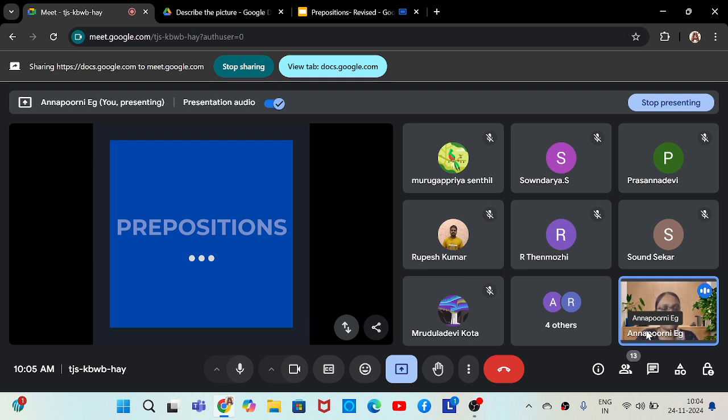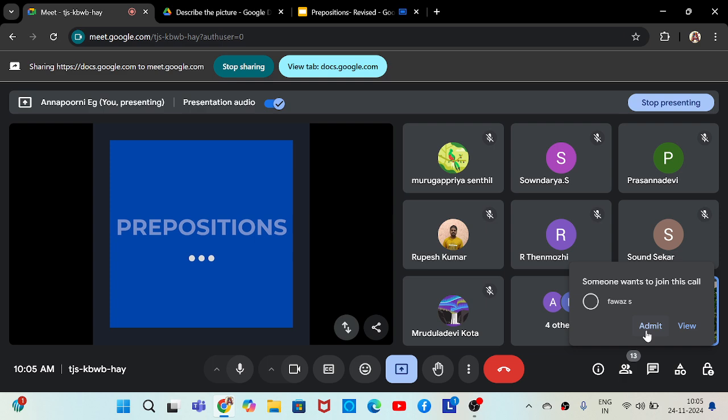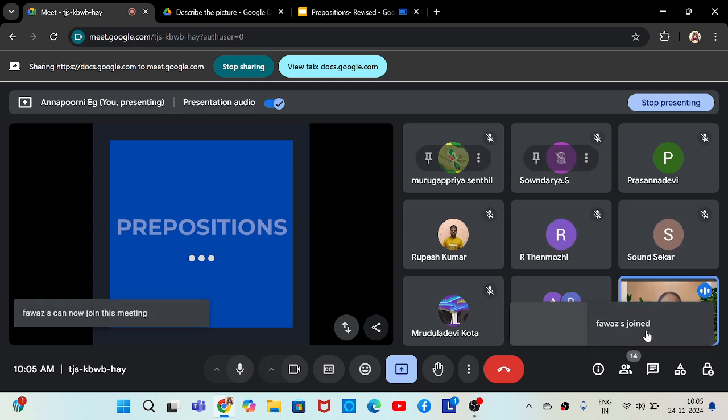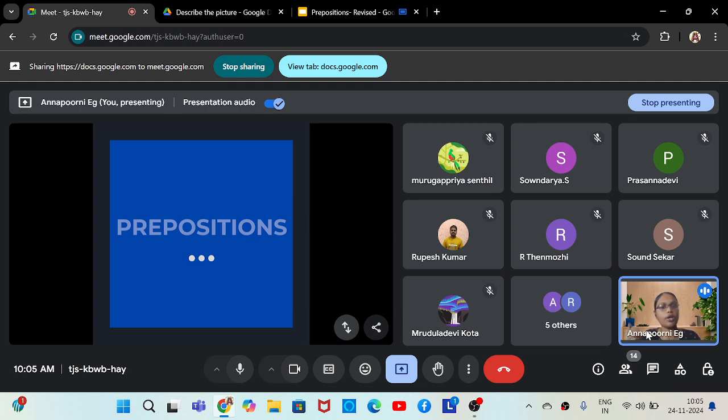For example, the story of the tortoise and the rabbit, the hare and the tortoise. That story will be presented on the screen. You will watch that video. Once that video gets over, I will call you and you have to narrate that story in your own words. You can narrate it in whatever way you want. You can try to be imaginative as well. Even if you add some extra points, that's also appreciated.